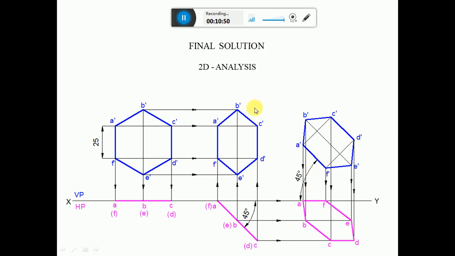That means we can reproduce the same second position front view in the third position, such that the side which is in VP, AF, which is A dash F dash, is inclined at an angle of 45 degrees. So what we have to do is reproduce the second position front view in the third position. So how? First we are going to consider a point and draw a horizontal line through that point. You mark that point as F dash. Through that point, by using the protractor, you measure an angle of 45 degrees with respect to the horizontal, and then by using the compass, you measure the distance from F dash to A dash. From F dash, you cut an arc on that inclined line.